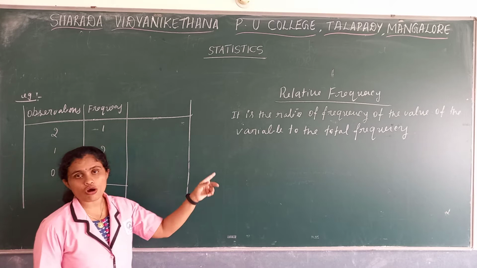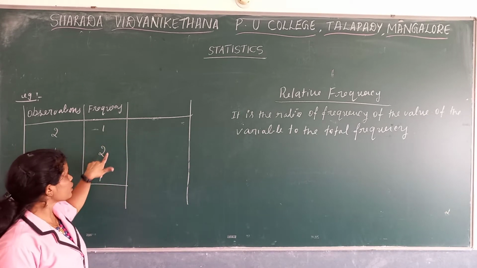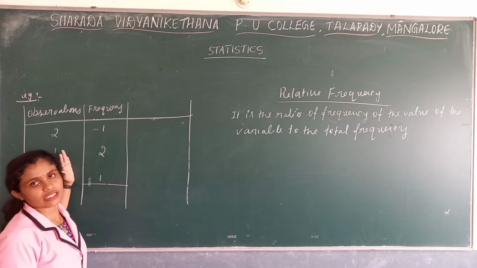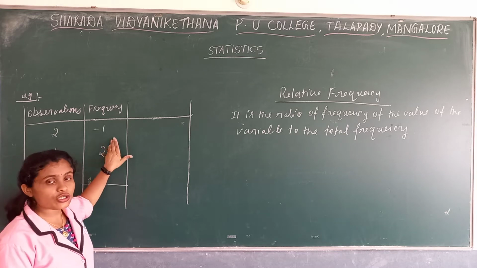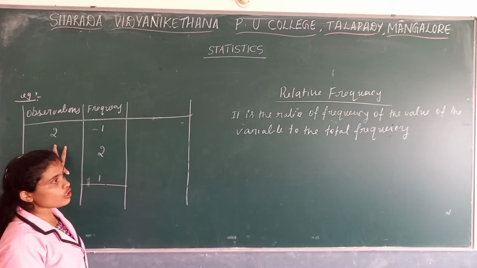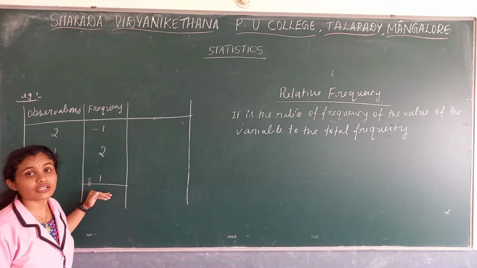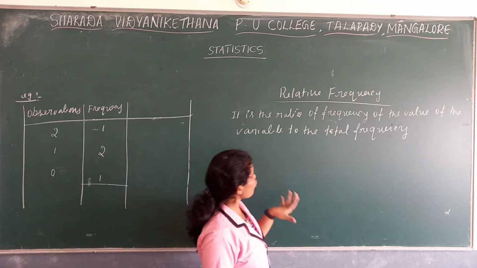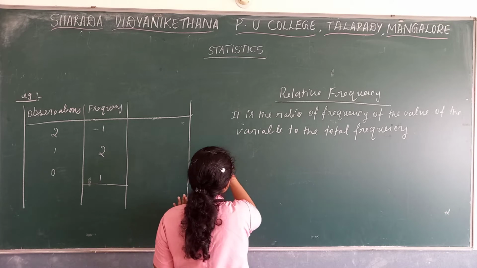So it is the ratio of the frequencies of the value of the variable to the total frequencies. The total is nothing but n. So what is the formula in order to obtain relative frequency? The formula for relative frequency